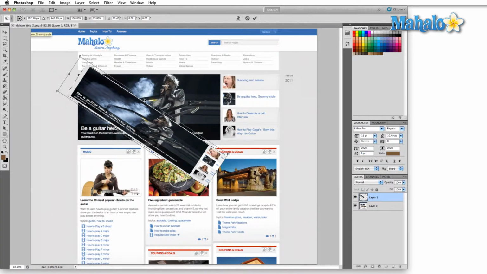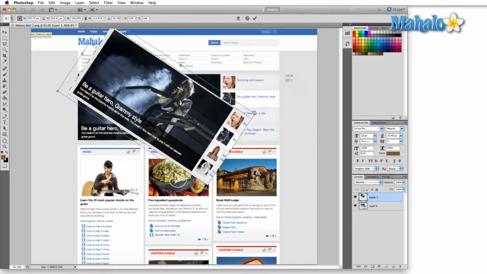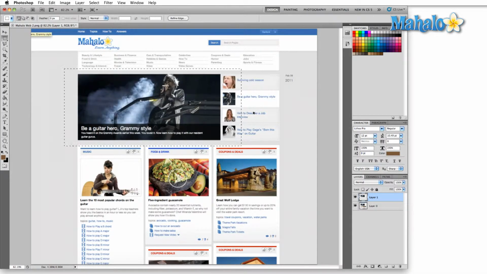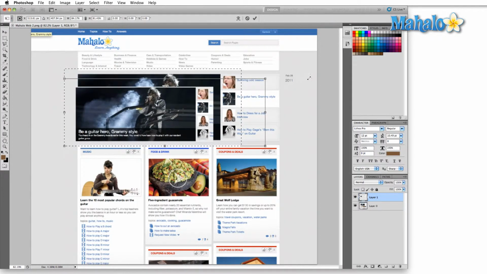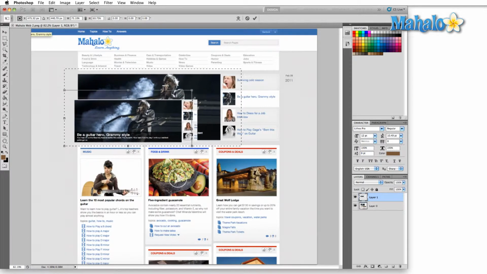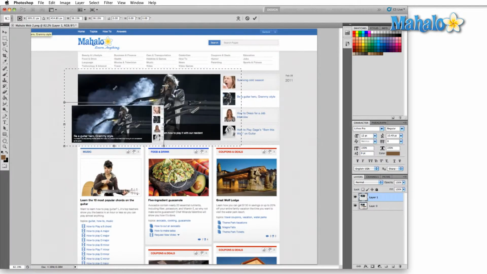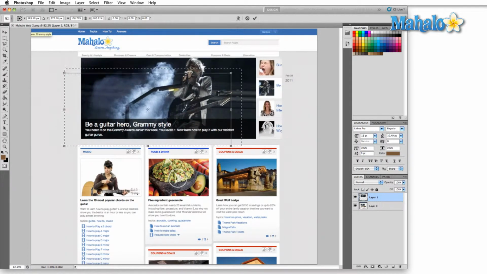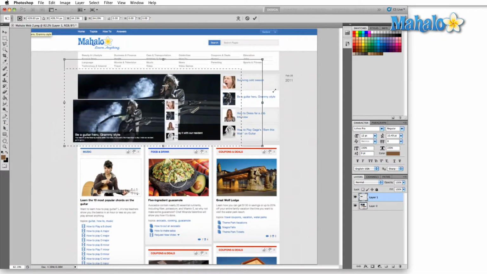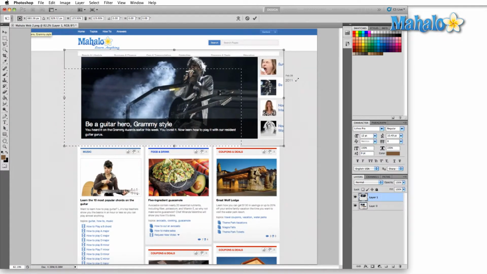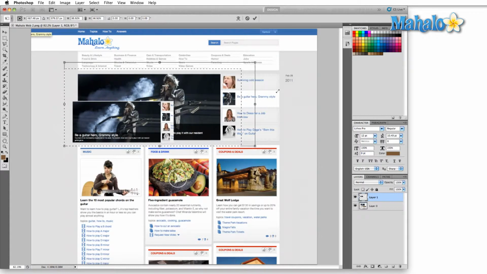One key that's not necessarily a hotkey, but it is a key modifier, and that's Shift. Now, if we undo this real quick, if I were to transform this, and I can just go in here and change the height and width, but if I hold down Shift, it's going to stay with the same ratio, the same height to width aspect ratio as it started, and I can resize it, and essentially this is just scaling. This is not